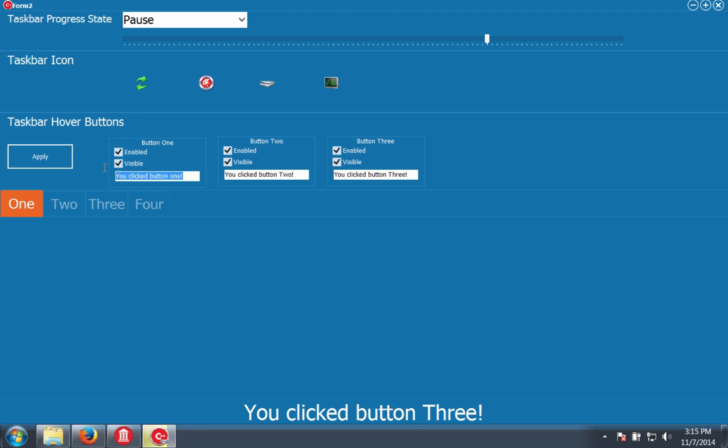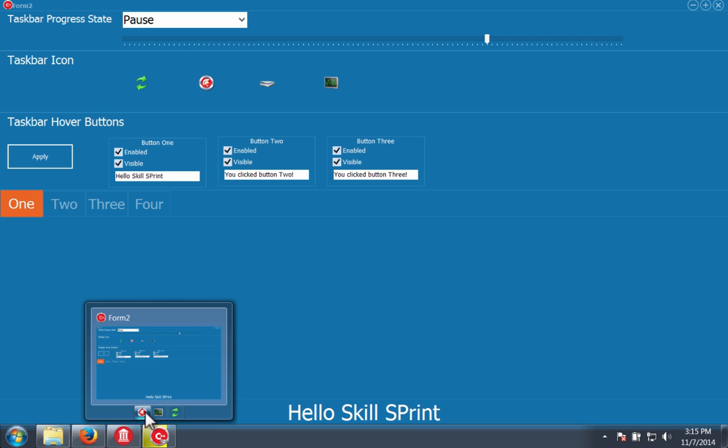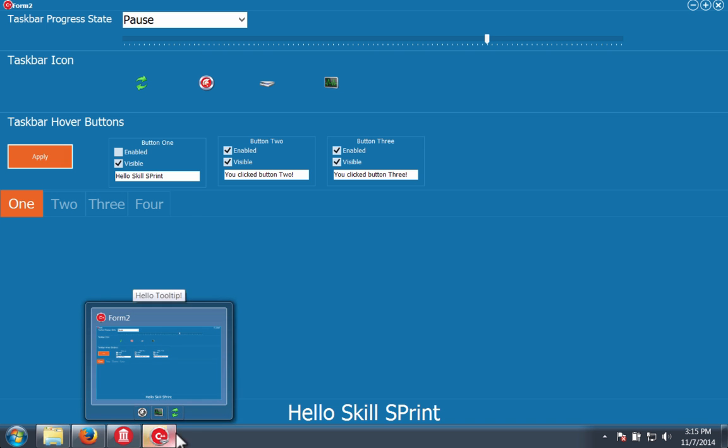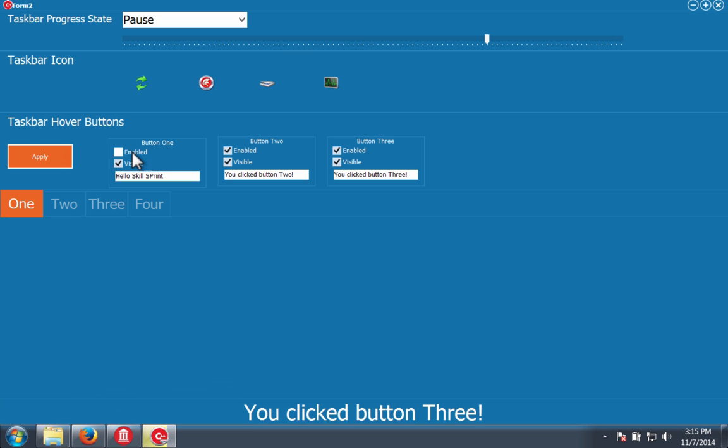So for example, if I change the text here to hello skill sprint and I push apply, as you would imagine, when that gets clicked, it reads in that value. Also, I can uncheck the enable, and this actually will determine whether the button is interactable or not. So if I apply that and I bring up the preview window again, you can see that buttons 2 and 3 are active, but when I click on button 1, nothing occurs. If I re-enable it,